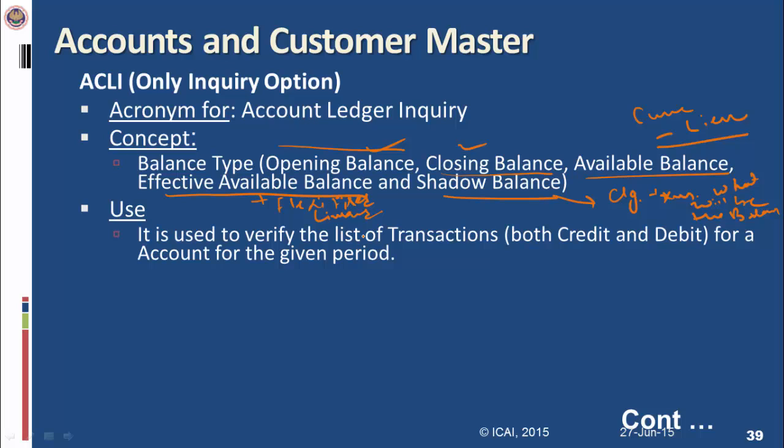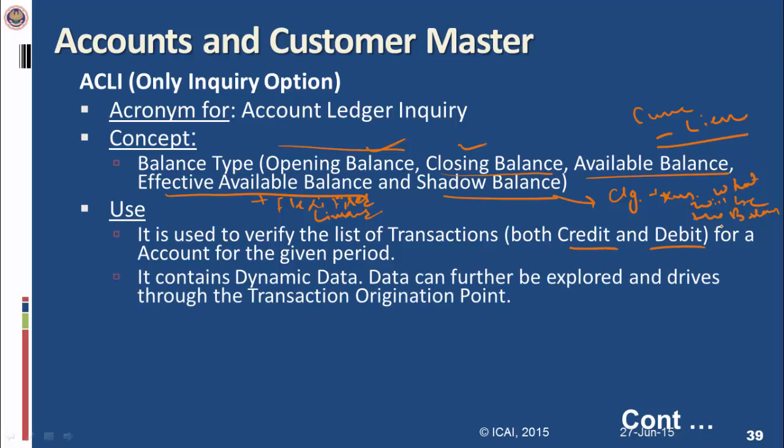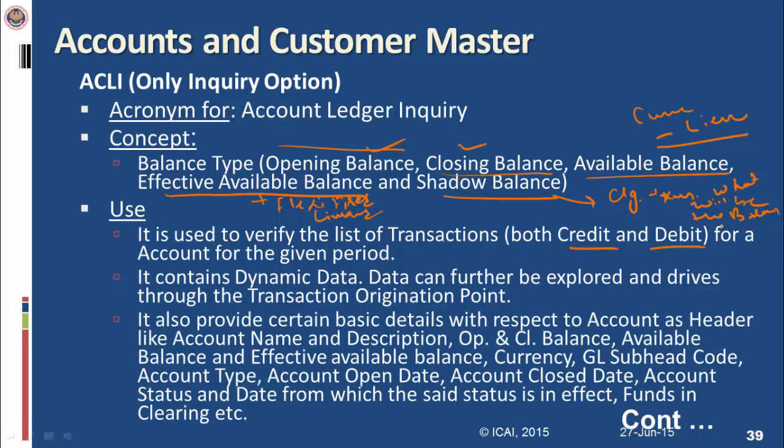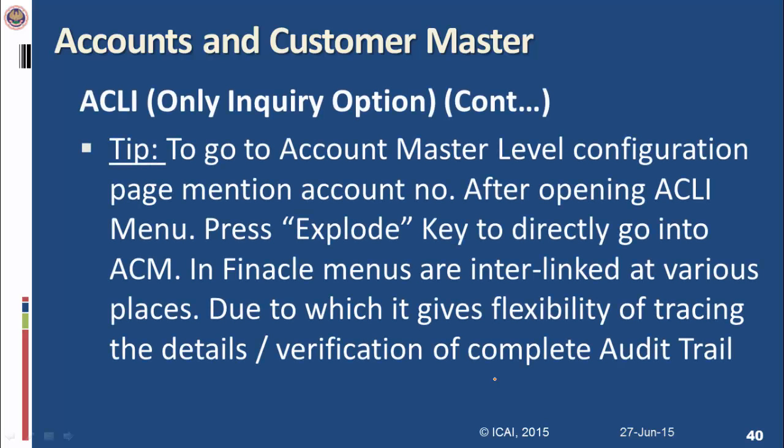It is used to verify the list of transactions, both credit and debit, and we can use the Control E command also, which will take us to the transaction inquiry menu. That is where we can check the debit and credit part of the transaction. There are also other fields available, like name and description of account, GL subhead code, currency, account open date, account close date, account status, etc. There is a tip also: to go to the account master level configuration page, mention the account number